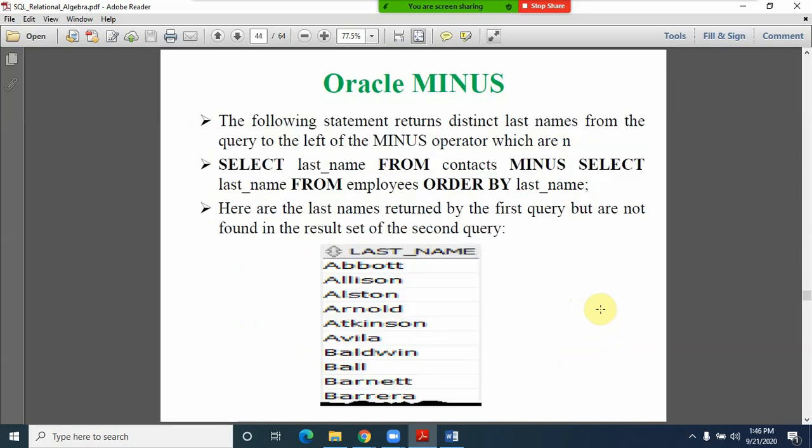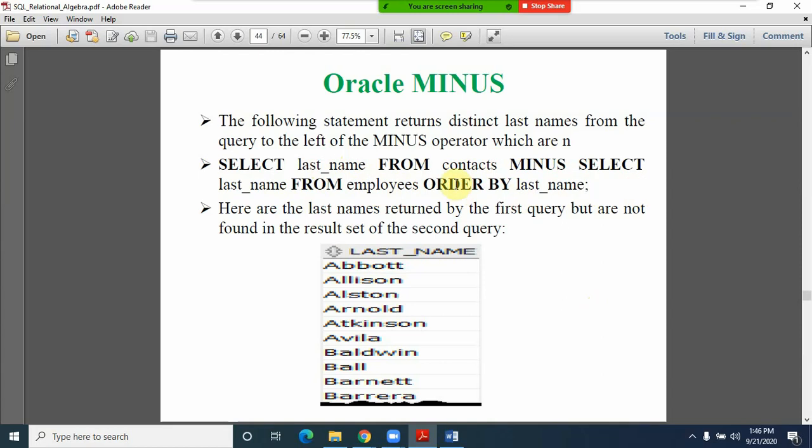So these are all examples, friends. How do we use the query in SQL? The following statement returns distinct last names from the query to the left of the minus operator. Just observe here: select last_name from contacts minus select last_name from employees order by last_name.